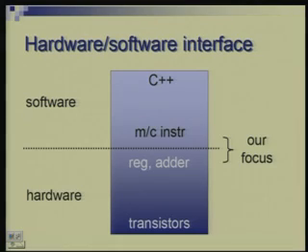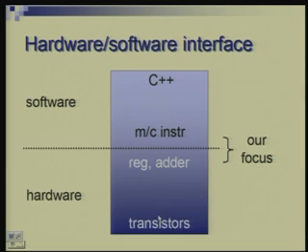Okay, now you have had some idea of hardware and software, what the layers of abstraction are, and this picture is trying to put these together. In the software, at the highest level you see your high level language programs, C++ for example, and at the lowest level you see machine instructions. In between there was assembly language which I showed you, and there are ways in which you can move from here to there.